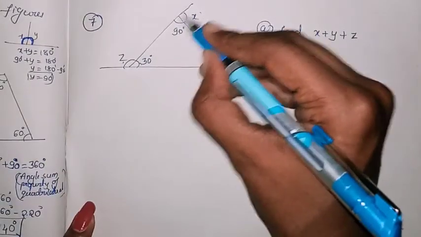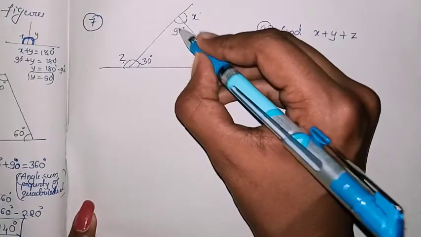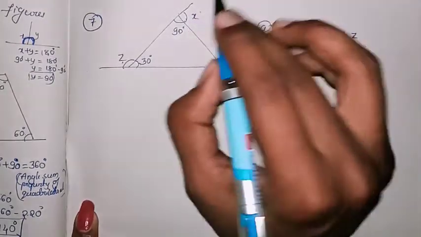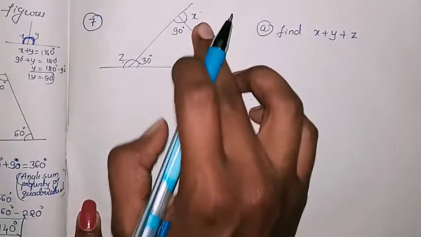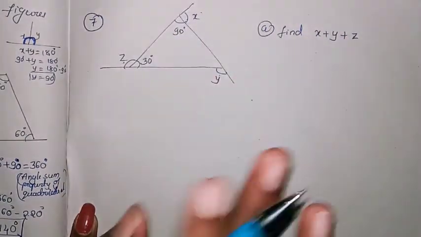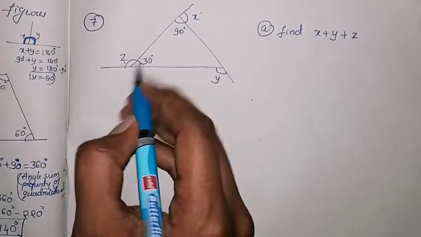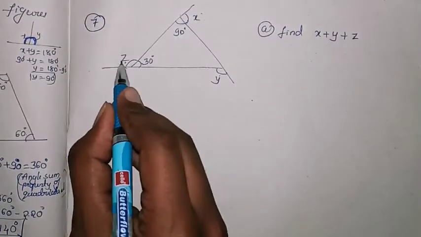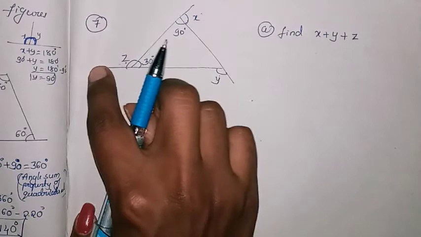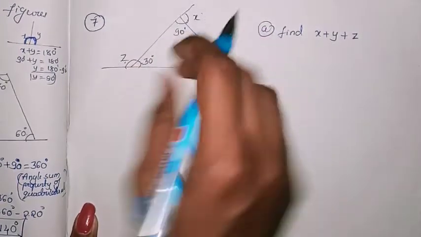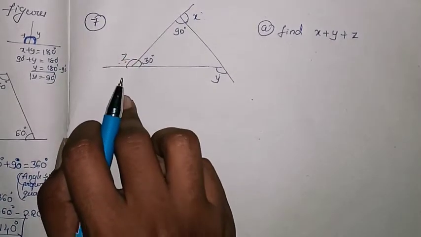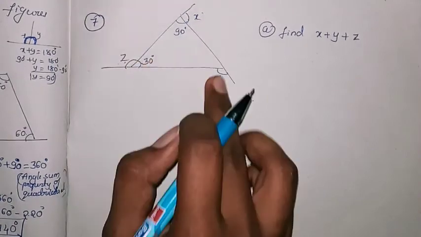Yes, because it is a straight line and there is an angle formed of 90 degrees. We know that it is a linear pair, in a straight line, so the sum of the angles is equal to 180 degrees. So we can find the angle from here only. And you can also observe z plus 30 degrees. It is forming a linear pair because it is a straight line and another line is crossing here, so the sum of the angles is equal to 180 degrees. So we can apply the linear pair theorem here.